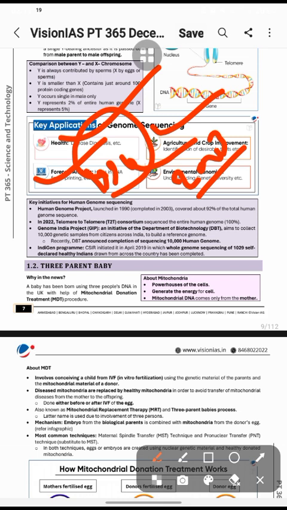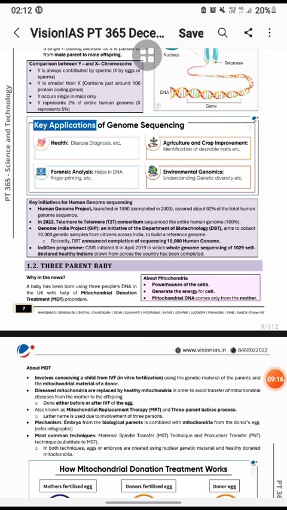Three parent baby: the mitochondria are the powerhouse of the cell and generate the energy, and they carry mitochondrial DNA. Mitochondrial donation treatment is involved in the conceived child through in vitro fertilization. Diseased mitochondria are replaced by healthy mitochondria from a donor egg. Mitochondrial replacement therapy produces three parent babies, with the biological parents and the mitochondria from the donor egg. The most common technique is